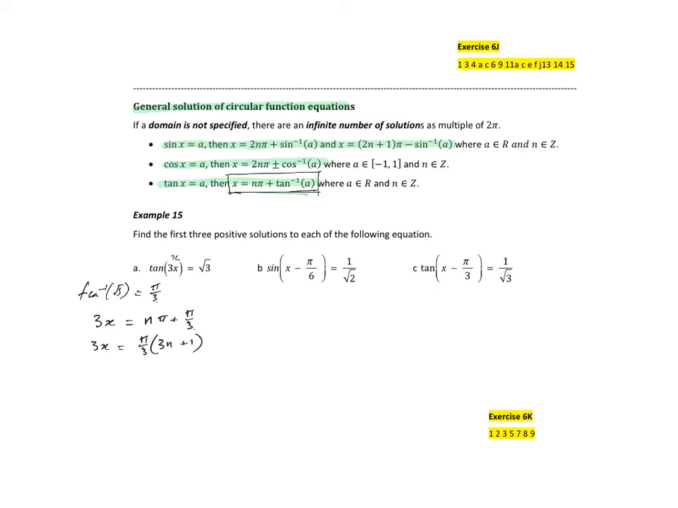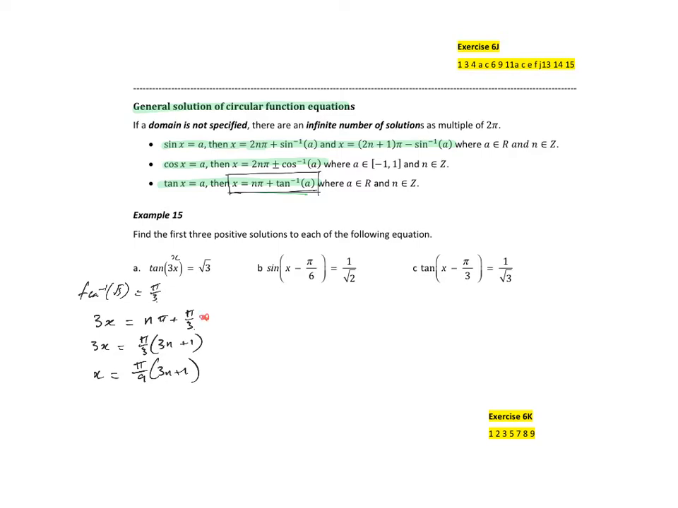Now that's what 3x is, so if I divide by 3, x is equal to pi on 9 times (3n plus 1). That's my general solution, and that's typically how we would want the answer expressed if you've been asked for a general solution. So that's fine, but even at this stage here,